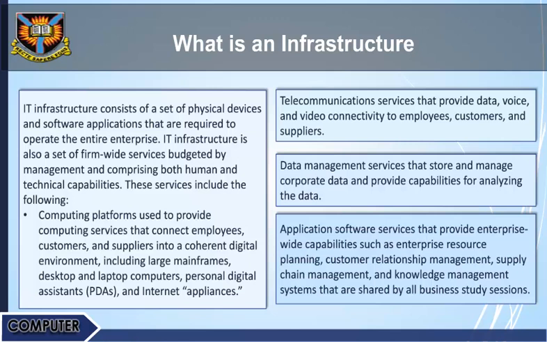What is an infrastructure? IT infrastructure consists of a set of physical devices and software applications that are required to operate the entire enterprise. IT infrastructure is also a set of firm-wide services budgeted by management and comprising both human and technical capabilities. These services include the following: